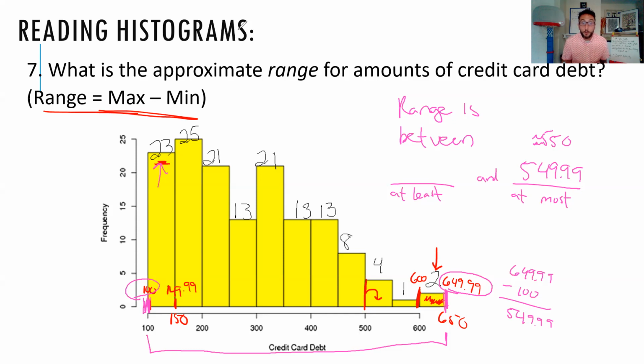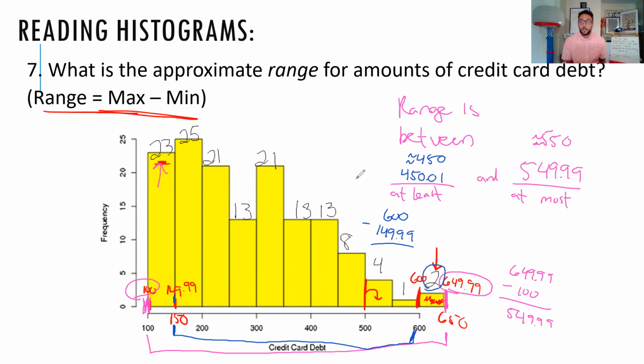So we also have to consider the smallest possible range. The smallest possible range we'll go in blue here would be from this 149.99 or this roughly 150 over to this 600. And so if we do 600, right, that's the smallest thing these two data values could be, minus 149.99 or roughly 150, that's the biggest these could be. The blue here, right, gives us the narrowest possible range, which is going to be, oh man, 450 bucks about. So if you said roughly 450, that's fine. If we subtract with the 99, we get